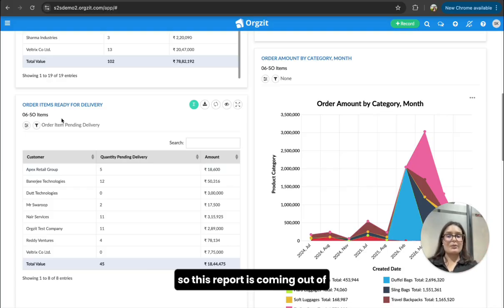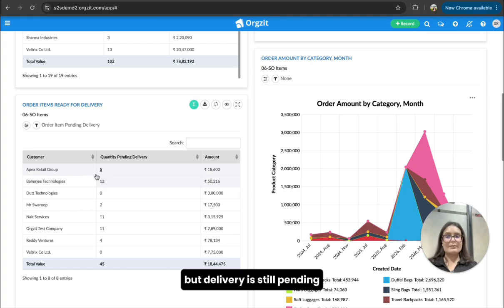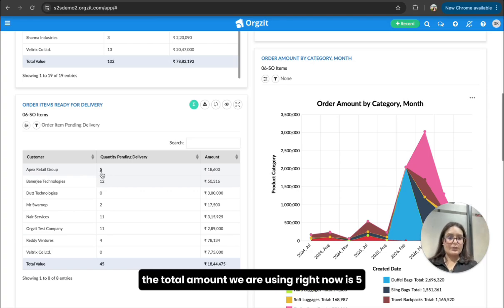So this widget is coming out of that table, stating that 18,600 amount of quantity of this Apex Retail Group customer is ready, but delivery or shipment is still pending. As you remember, the total quantity we are using right now is 5, 2 of one product and 3 of the other product.